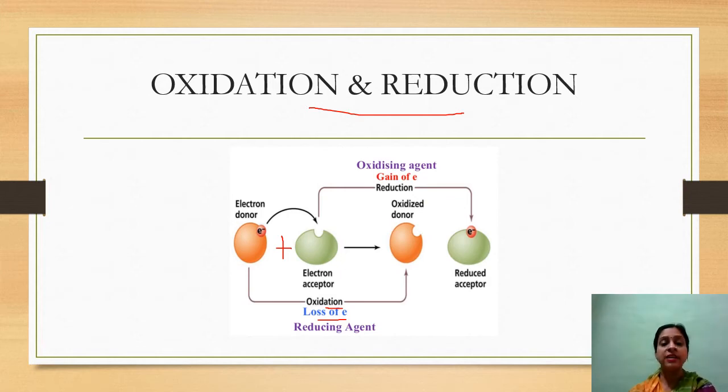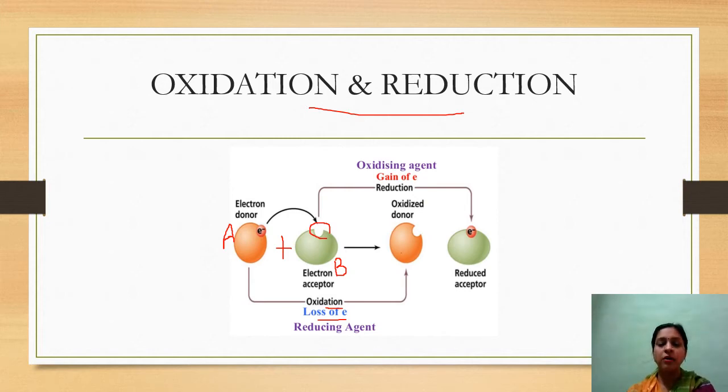And the species which accepts the electron: look, if I say this is species A and this is species B, A is donating its electron, B is accepting the electron. Look, B has accepted,